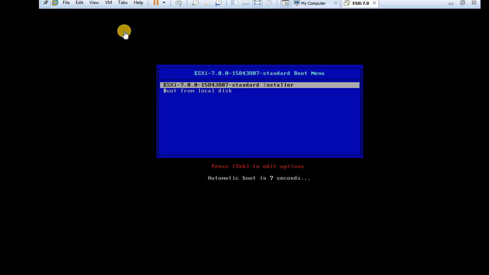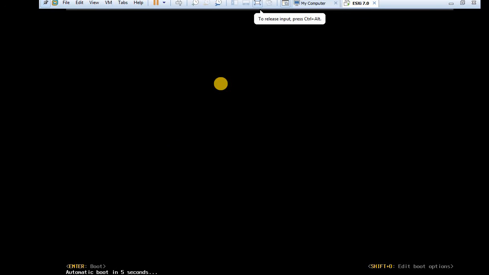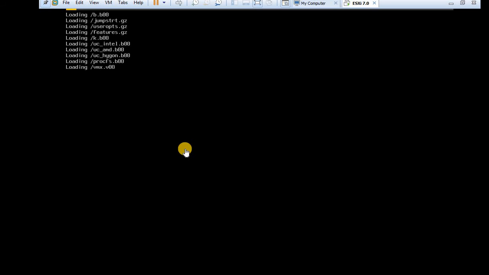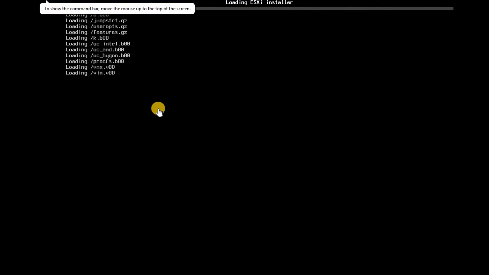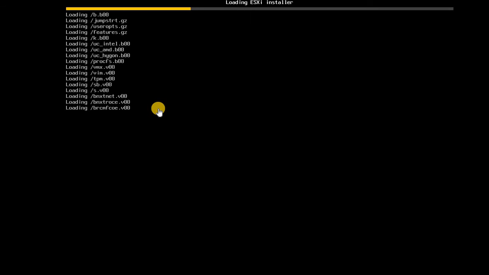First of all, I am selecting the 7.0 standard installer. If your keyboard does not work, you have to press Control Alt. The process will go on loading ESXi everything. It will take some time, minimum 10 to 15 minutes.